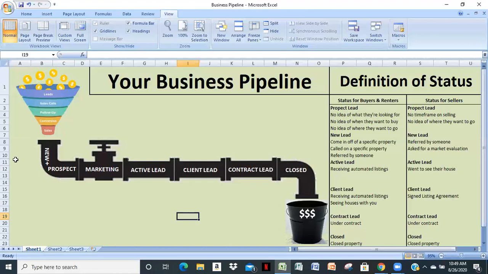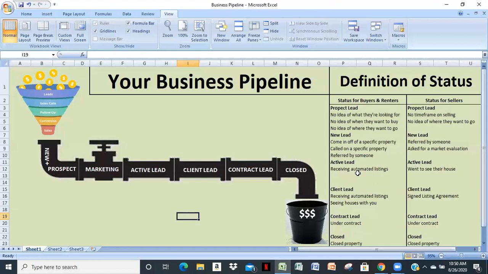So what's the goal of marketing yourself? The whole goal, right, of marketing yourself to those new lead buyers and those prospect buyers is to get them to say one thing to you: give me listings, send me listings. So in other words, the goal of the conversation when you're following up, or the goal of the campaigns when you apply them properly, is to say,